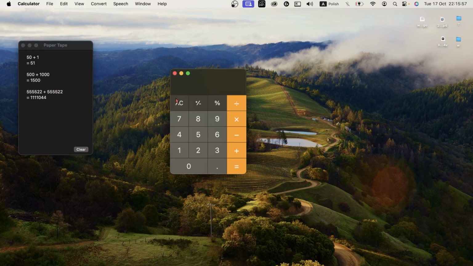And even when you clear all in your calculator, you can't clear your paper tape. To clear it, you need to click Clear on your paper tape. So it's safe, it's great, it's beautiful, it's amazing. Okay,